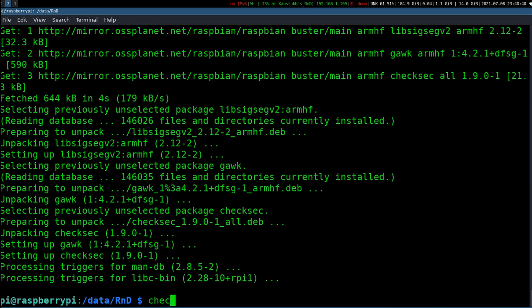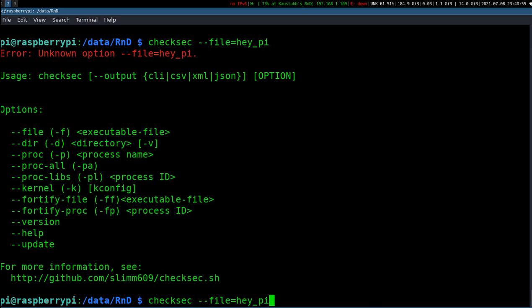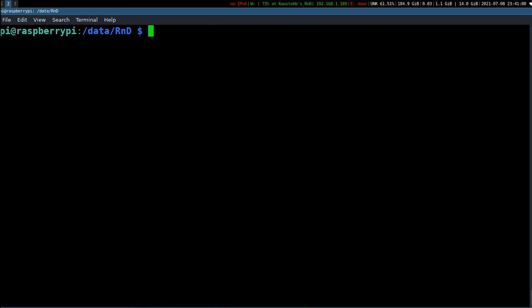So now we are checking the security of heypi, with --file=heypi. Okay, it's double hyphen or -f. Syntax is quite irritating.